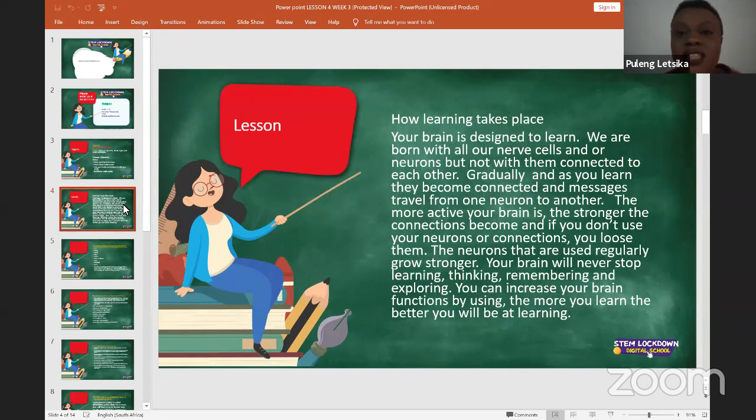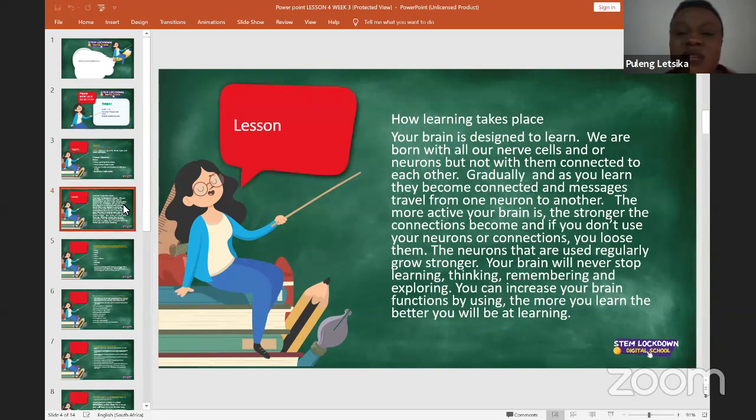So, for example, there are also things like learning how to write. We aren't born with that, we aren't wired with the ability to write, but we can learn how to write. So, in the beginning, when a learner starts learning how to write in grade R and grade 1, you can see that they're not steady. They find it very difficult to even hold a pencil. But as time goes on with practice, they are able to learn how to write, and very soon they can't even remember that they never used to be able to write. So gradually as we grow, they become connected.